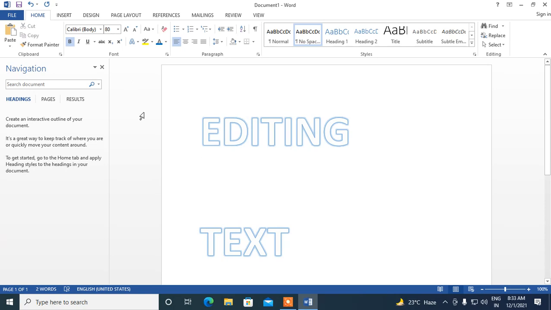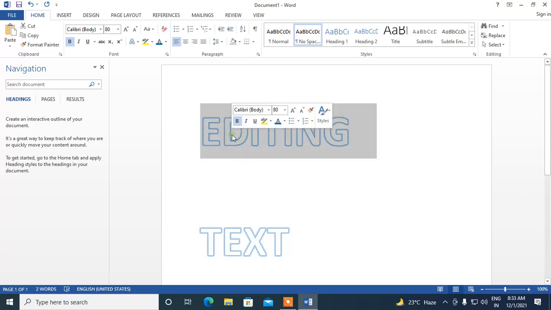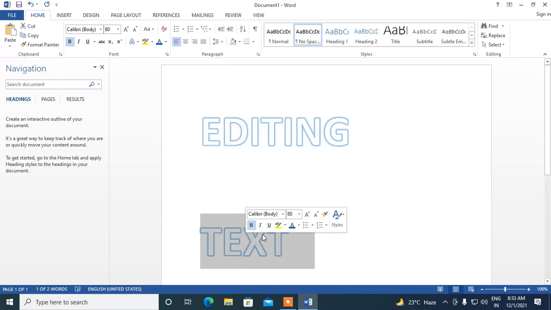if I want to select this word, I can double click. I can double click anywhere on the word. Yes, on the word means over here I can double click. So this is selected. I can double click over here, so this word is selected. So if I double click anywhere on the word, I can select a word. And this portion is called the selection area.